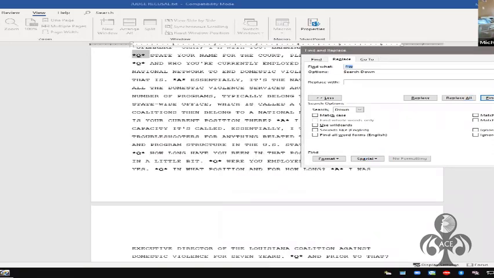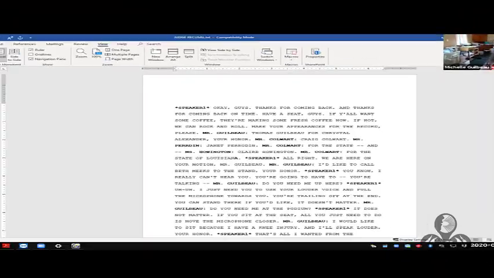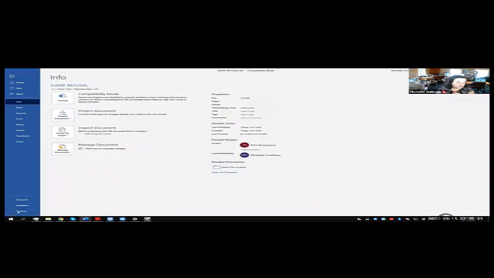And once this is done, I close out of the Find and Replace. I like to do Control Home to get back to the top of the document. And then I go to Macro and Stop Recording. Now, I've created the macro, and you saw how easy that was. So the next step when you create a macro is to put it on your toolbar so that you can easily access it. So I'm going to go to File and Options,